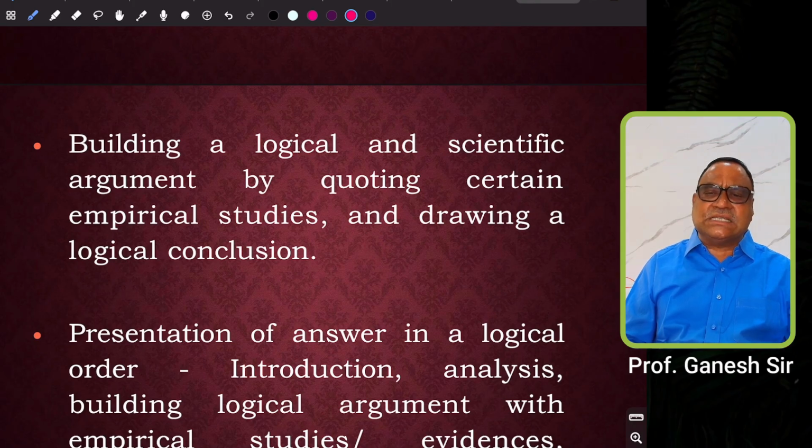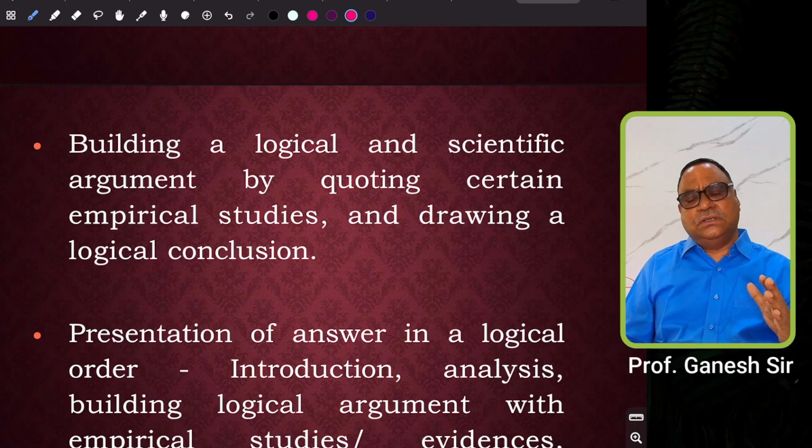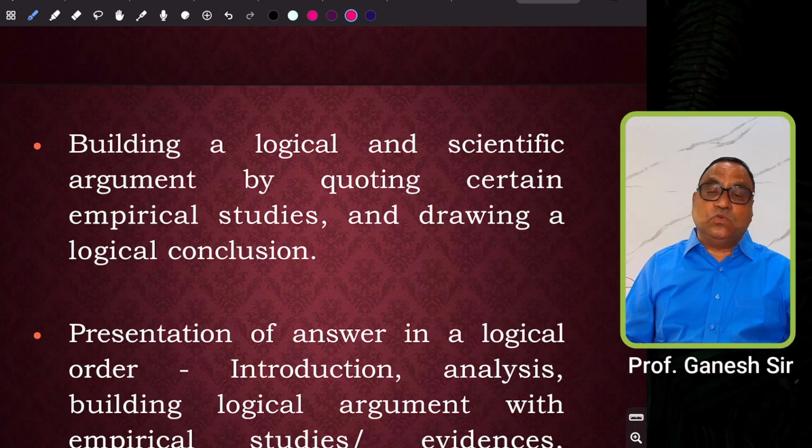For example, when we discuss power and state, sometimes a question can be asked that in the context of globalization, do you think that the identity of the state is becoming insignificant? Then there are many arguments. So we need to look at this issue from the Marxian point of view, from the point of view of Antonio Gramsci, and there are certain sociologists like Kenichi Ohmae, then Anthony Giddens. Many sociologists have discussed power and state, so that argument you need to include in the answer.